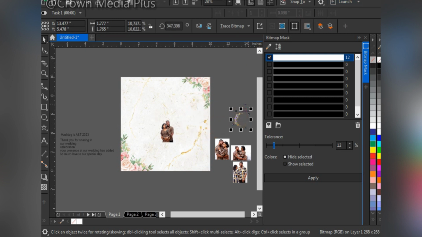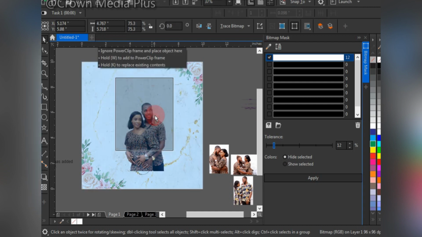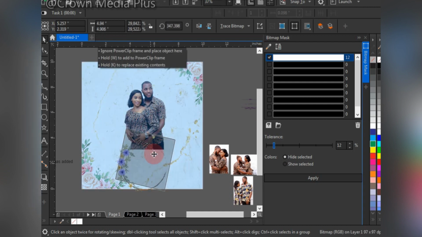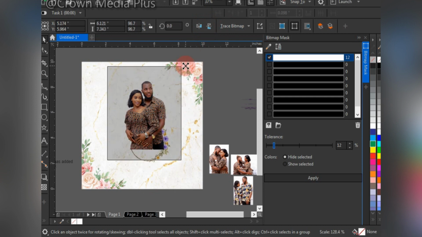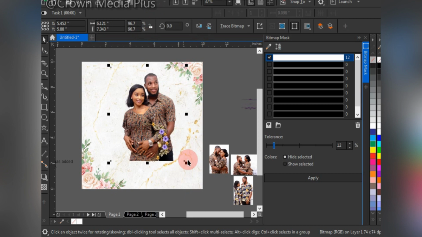So this is my image. I've already cropped it before. So this is these elements. We have